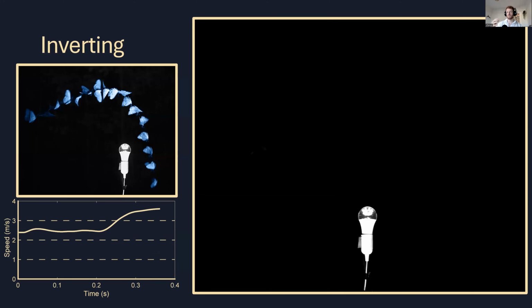And then finally, we have possibly the most categorical example of this, which is inversion, which is insects that, as they fly directly over the light source, flip themselves upside down and crash down out of the air because all of a sudden their flight forces are not cancelling out gravity. This isn't currently explained by other theories that have been around, but is exactly what we would expect for confusion of the dorsal light response. And all three of these different types of behavior can be described as this.